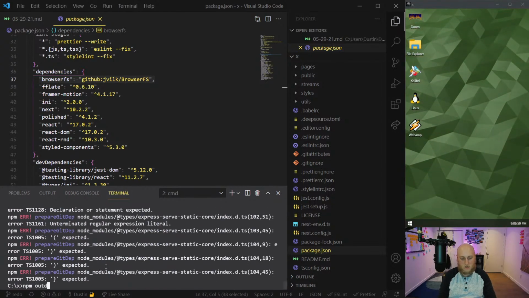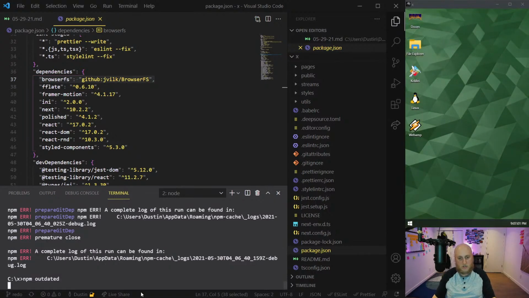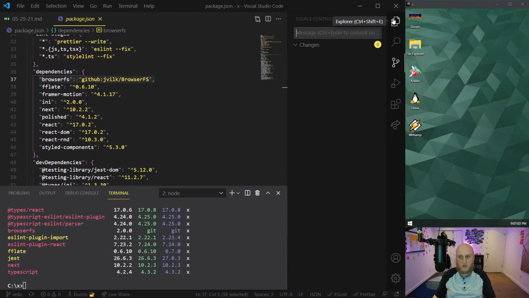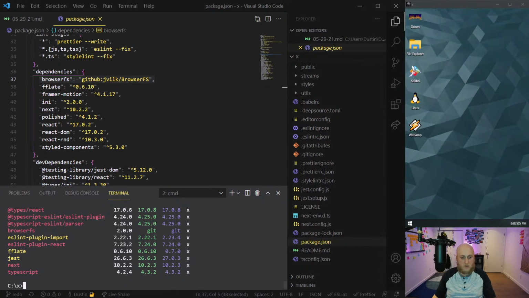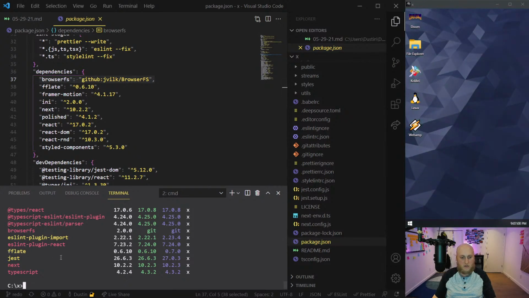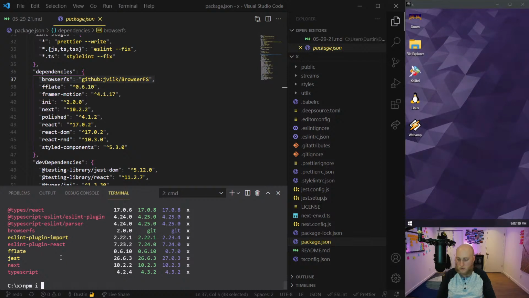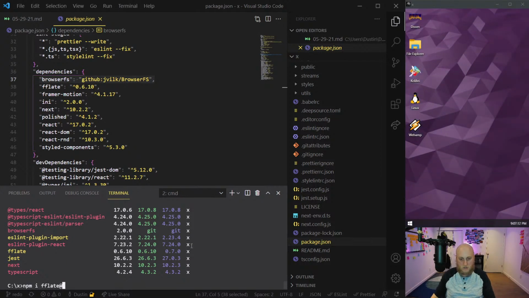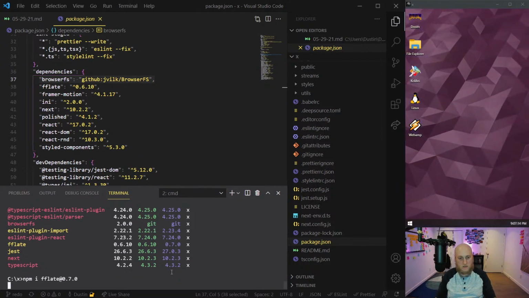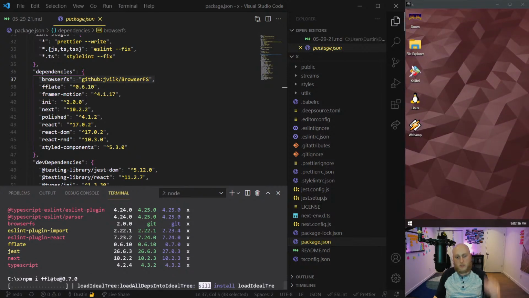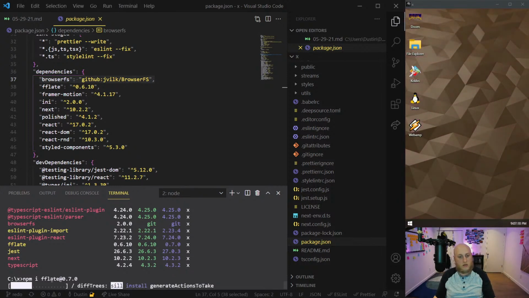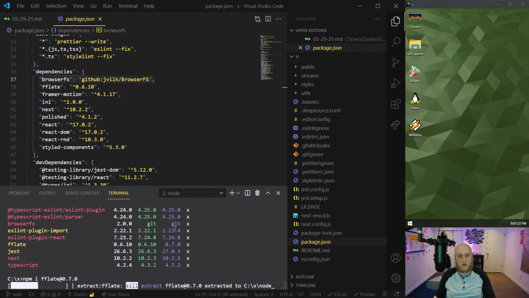Anyways, like I said, let's try a more selective approach. So no files changed. Works for me. Let's try to upgrade just a couple of these, like fflate. Can I get this one under my belt? fflate at this. There we go. This is a pretty cool zip and unzip library that I intend to kind of integrate more with the context menus as well. I think last episode I did the context menus.